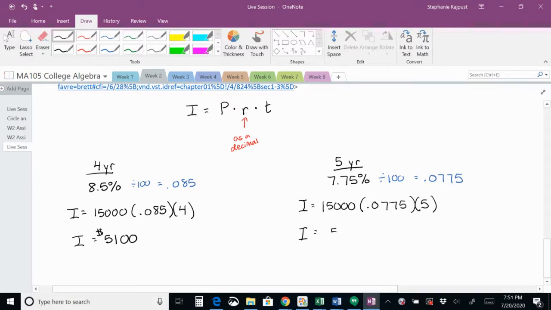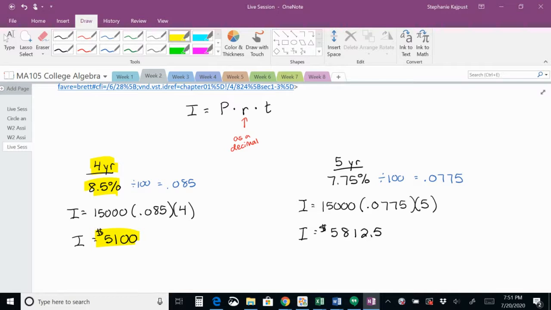And that gives me $5,812.50. So believe it or not, the better loan is the 4-year loan with the higher interest rate because you actually have a smaller number for interest. $5,100 is much smaller than $5,812.50. So this is why it's important to do the math, because if you are shopping for a loan or something like that,